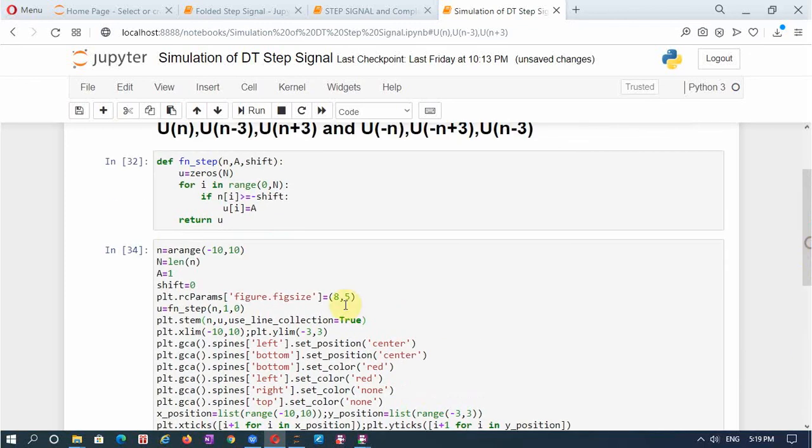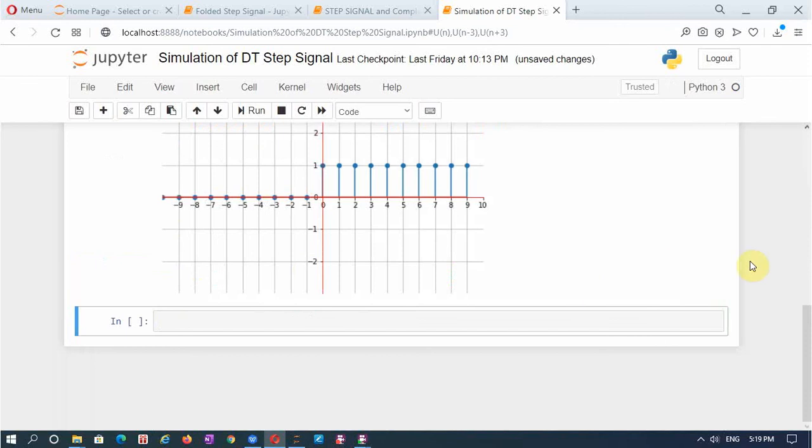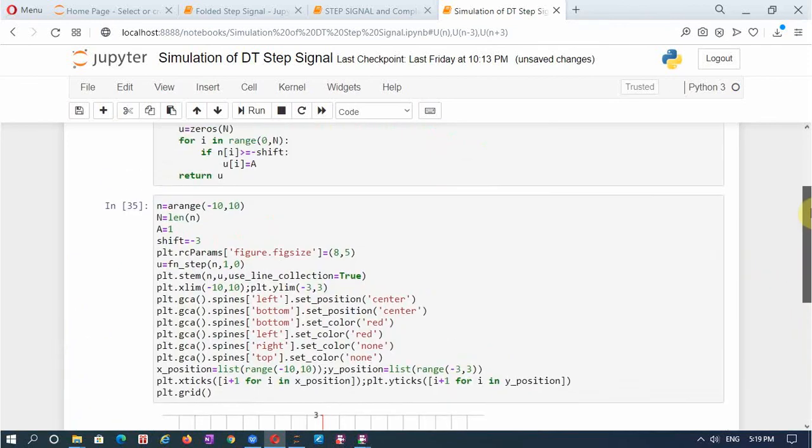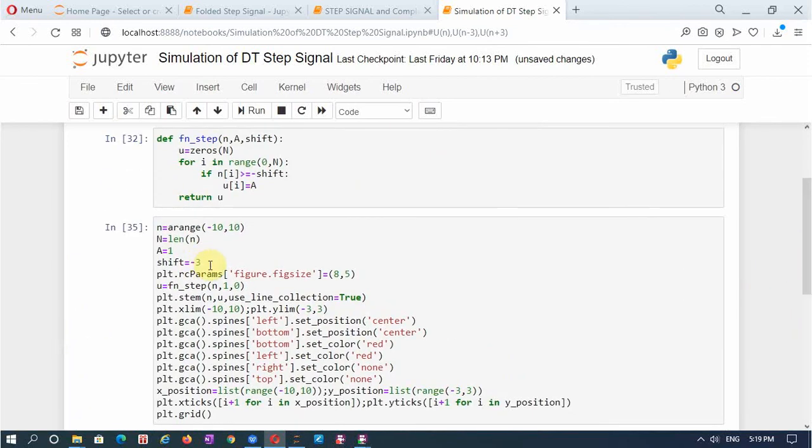Now I'll change the shift value to some minus value, say minus 3. So here the change has to be brought about here, minus 3.